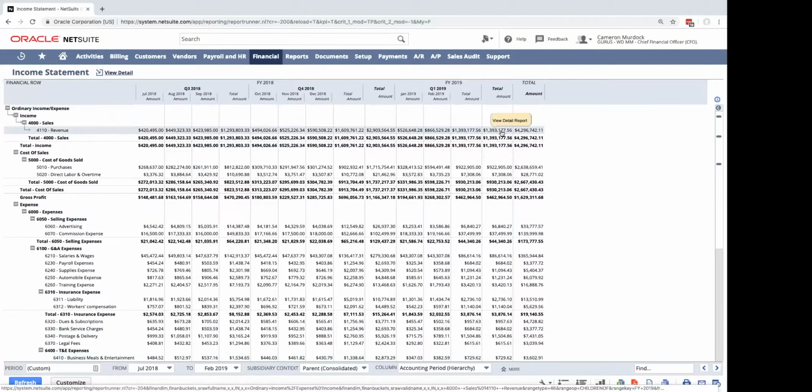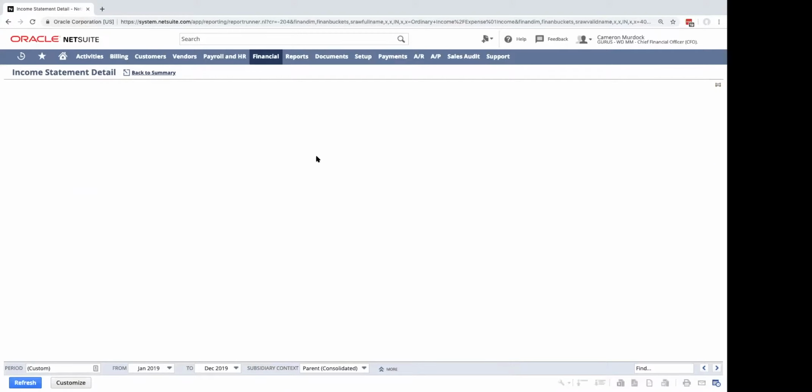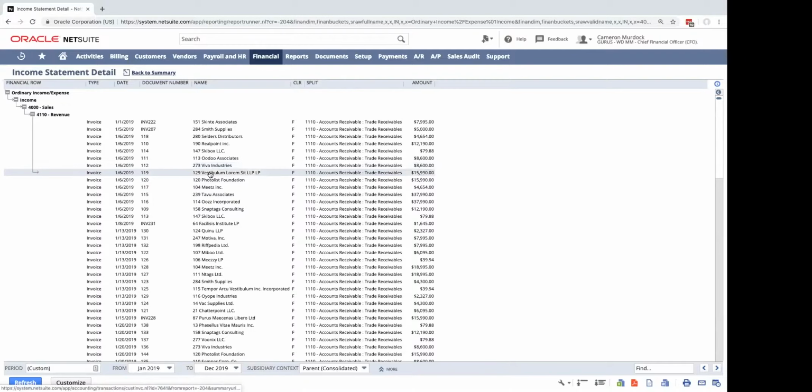And if we wanted to jump into the detail, you can see that NetSuite's even suggesting for me to look at the detail report here. Now I'll be looking just at that single account for the date range that I chose, and I was looking at the total there, so it'll be all the results. And if I wanted to dive into one of these individually, I could simply go even deeper. I can go right down into the transaction record from the top. So now I'm going to go from that summary level to the detail level, and finally to the transaction itself.